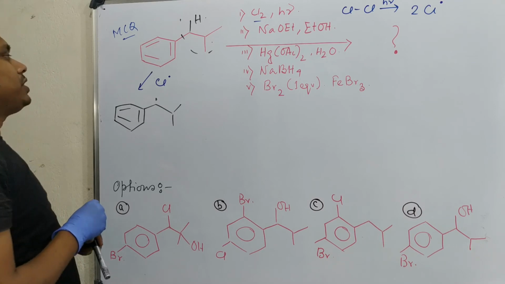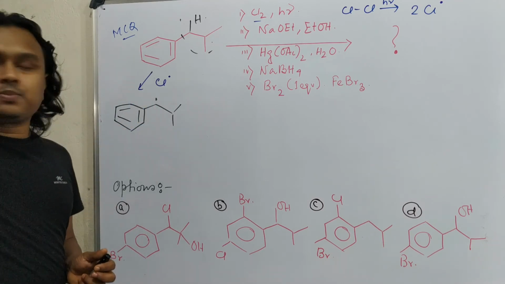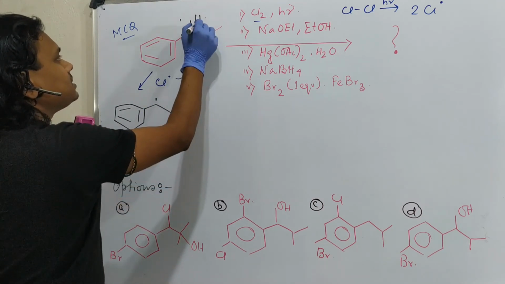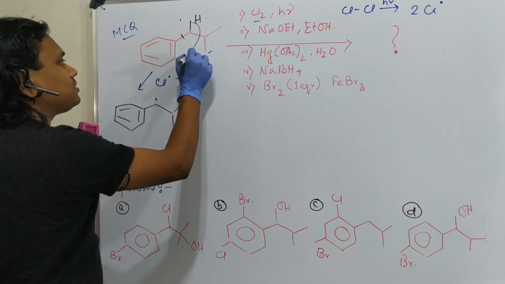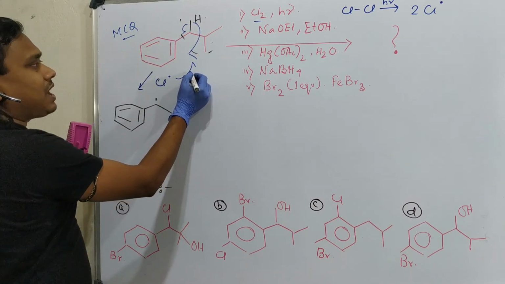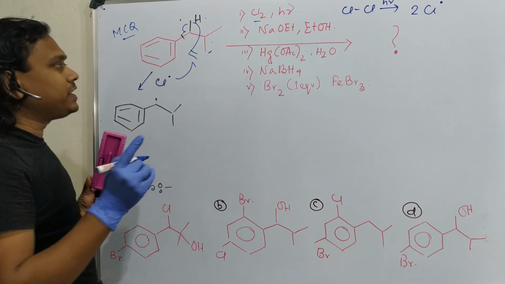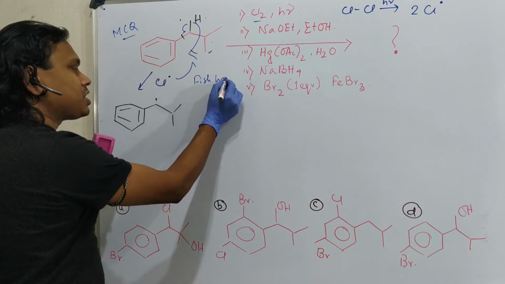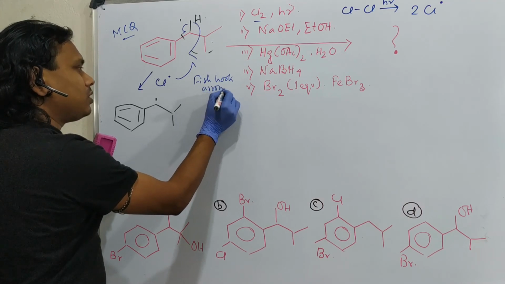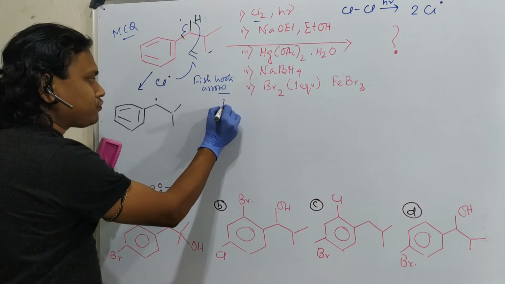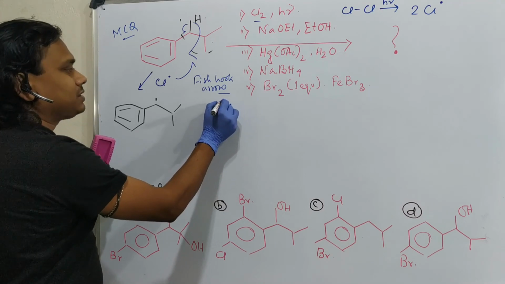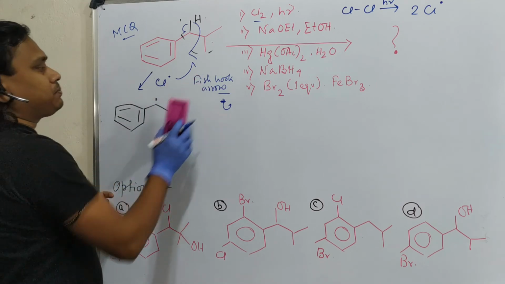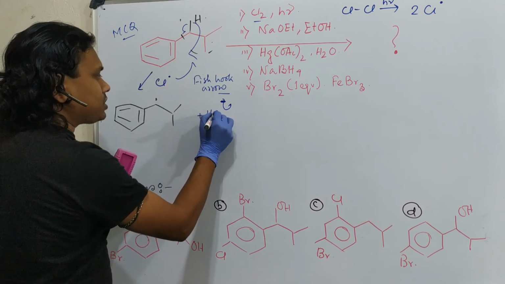Now second point. In the first step, what is produced? The Cl reacted, and you can show that in this way. By the way, they are called fish hook arrows, meaning movement of one electron is denoted by this fish hook arrow. Why does it say fish hook? Because see, a fish hook looks like this, that we use to tap. So this is the fish hook arrow in this way. So in the first step, what is produced? Along with this, HCl is produced.